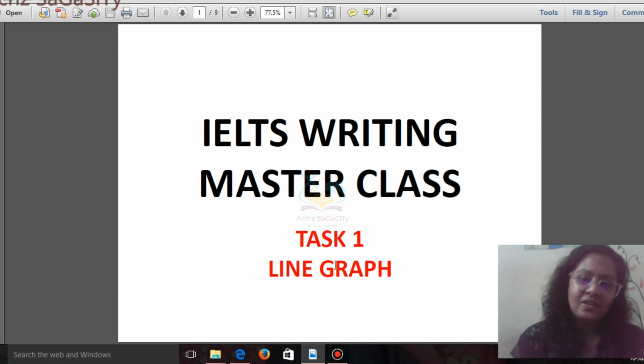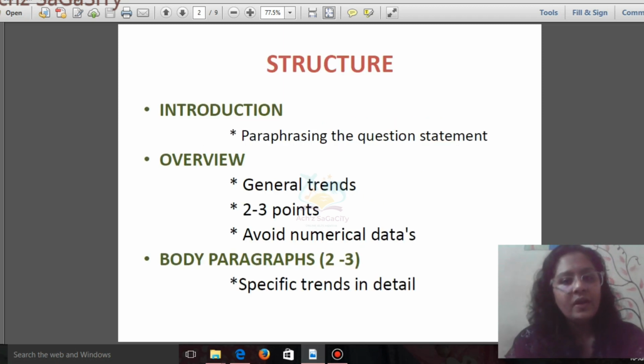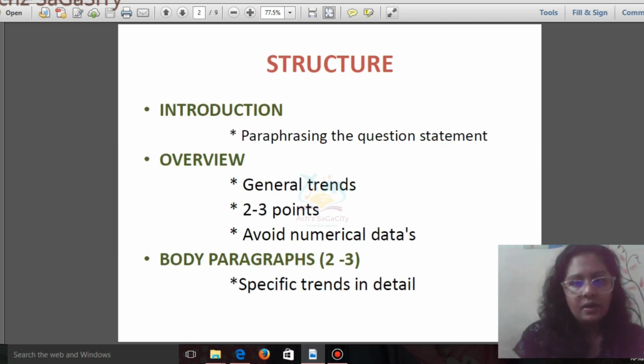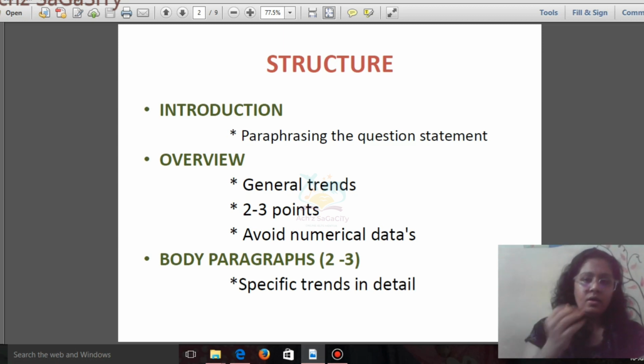You know that in your question you will get a statement which you want to paraphrase, then after that the instruction and also an infographic structure. So what's the structure you want to follow for your IELTS Task 1? Here you can see the structure: the introduction by paraphrasing the question statement. You want to paraphrase the question statement using synonyms. If you don't have any synonyms, at least you want to change the form of that particular phrase. That means you want to rephrase it. Don't write the question the same as it is. That is the first thing you want to follow in the introduction.